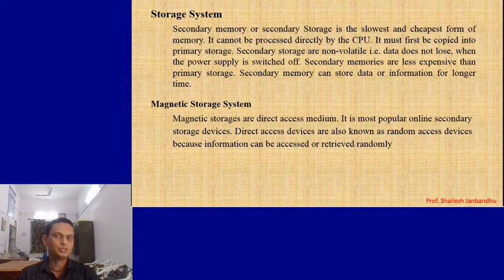In the storage system, the first system is the magnetic storage system. Magnetic storage is a direct access medium. It is the most popular online secondary storage device. Here, online does not mean internet. Here, online means on the web or on